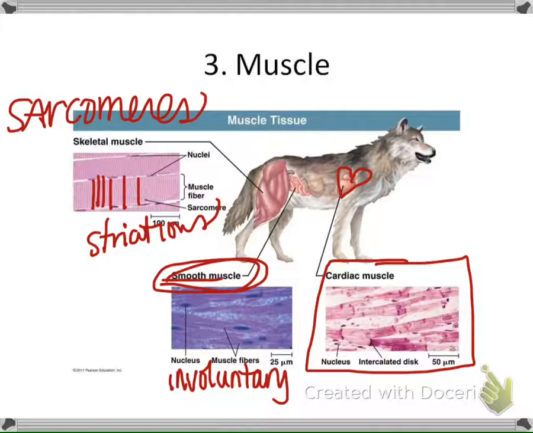Then you have cardiac muscle, which is in your heart, and it forms the contractile wall of the heart. It's striated like skeletal muscle and has some of the same contractile properties. But the fibers are interconnected via intercalated discs, which relay signals from cell to cell and help synchronize